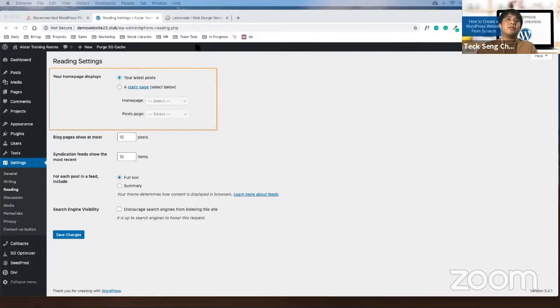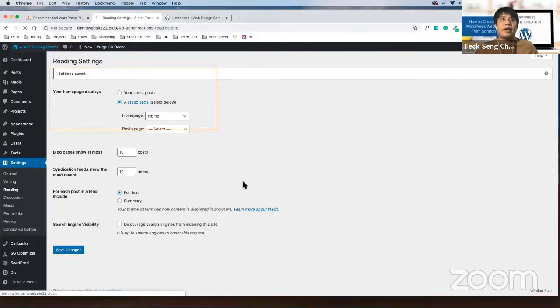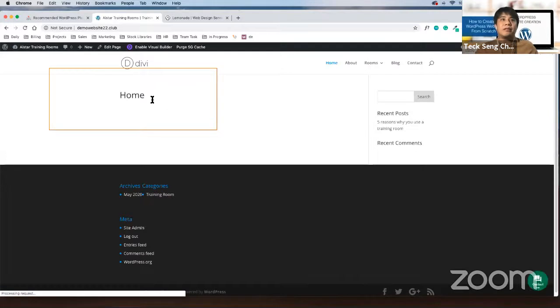So what you do is choose the static page, and then for your home page, just choose home. Once you're done, just click on Save Changes. And if you go back to your front end, you will see that your home is now the home page.